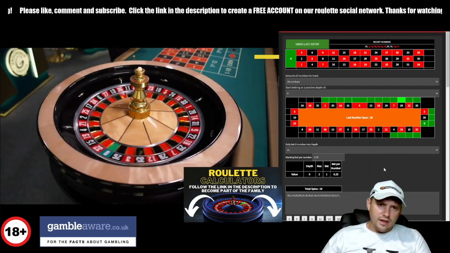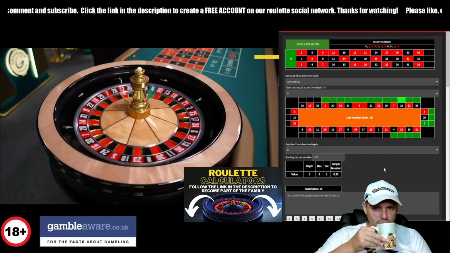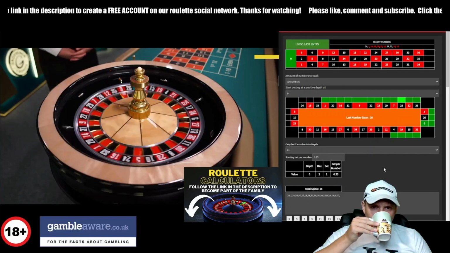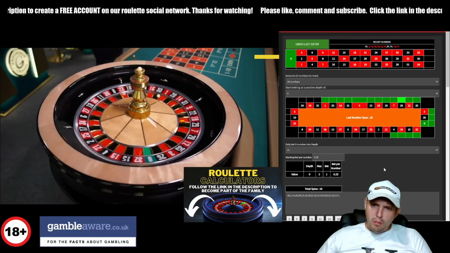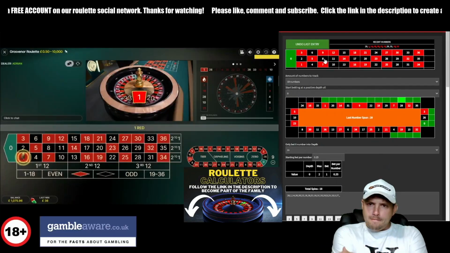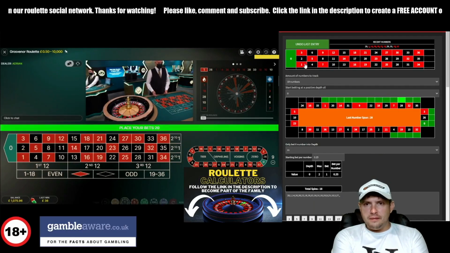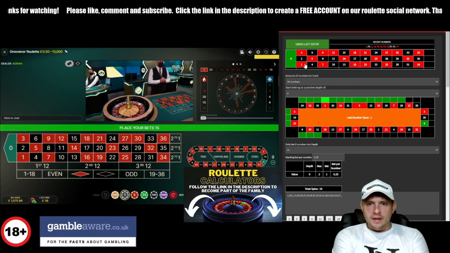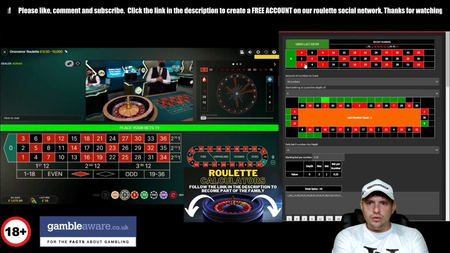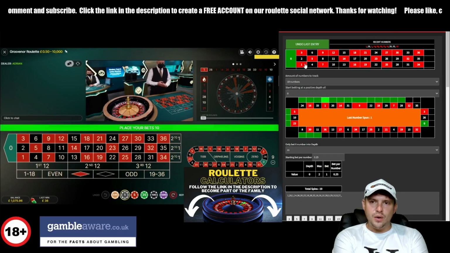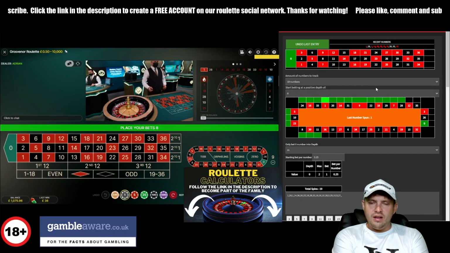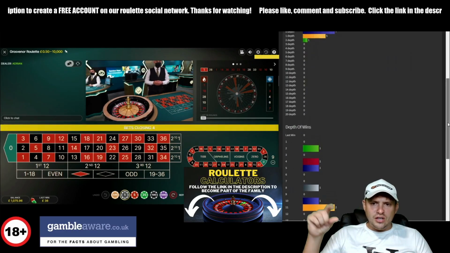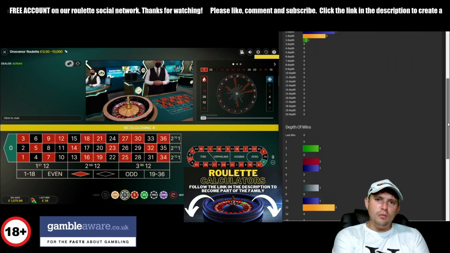Just keep an eye on it and see if he carries on with it. So it's gone to 1 again. That's right on the edge there, but still on a depth of 0. Now keep in mind, guys, obviously using these tools, they are just tools, so they're showing you what the dealer's doing, their history. I always say that in no way do we guarantee that you're going to win using these tools, but when you get insight and information like you can see here, it really does help you decide whether or not you want to play with that dealer,